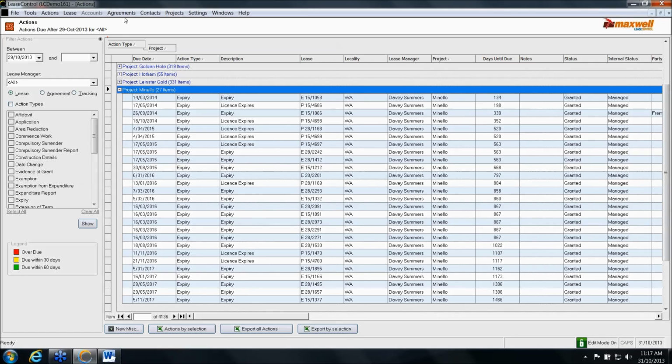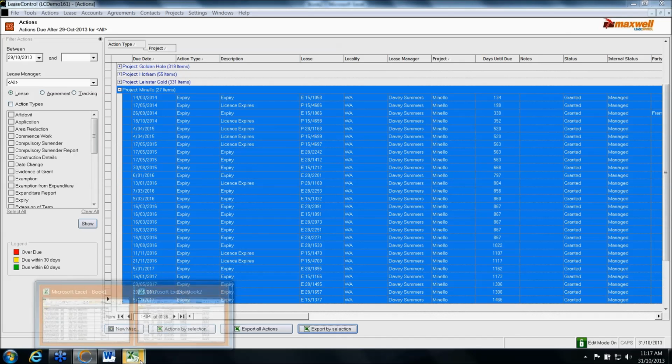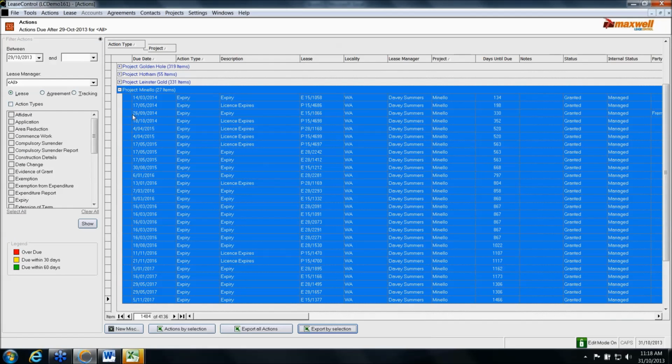In each of our screens, for our lease and agreement browse screens, you can do this same sort of format. So for this one we can just highlight the leases that we want and then click on actions by selection, and we'll try export by selection, so it'll export all that data that we've just done, which it gives you there. So it's given all that information that we just had, the lease IDs, and then the expiry dates when they're due. So you can do that, export it to Excel, and then cut and paste and put it into a